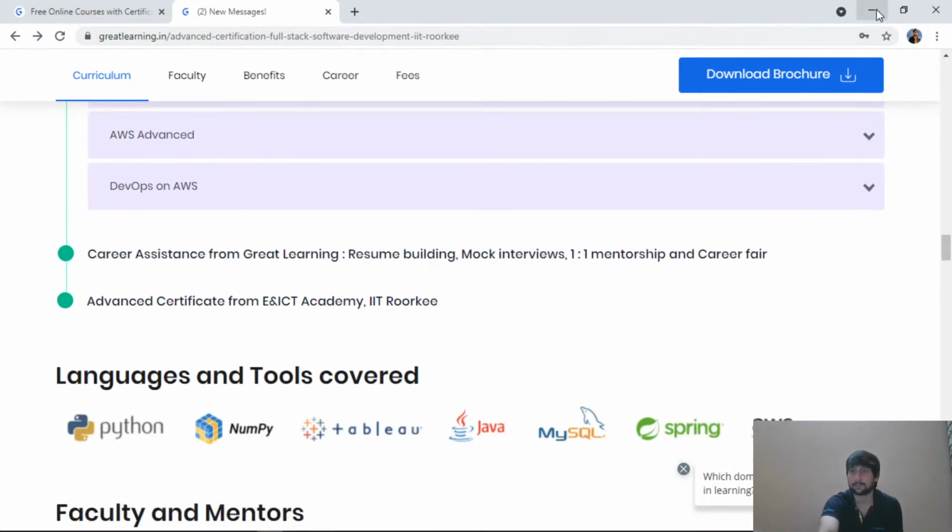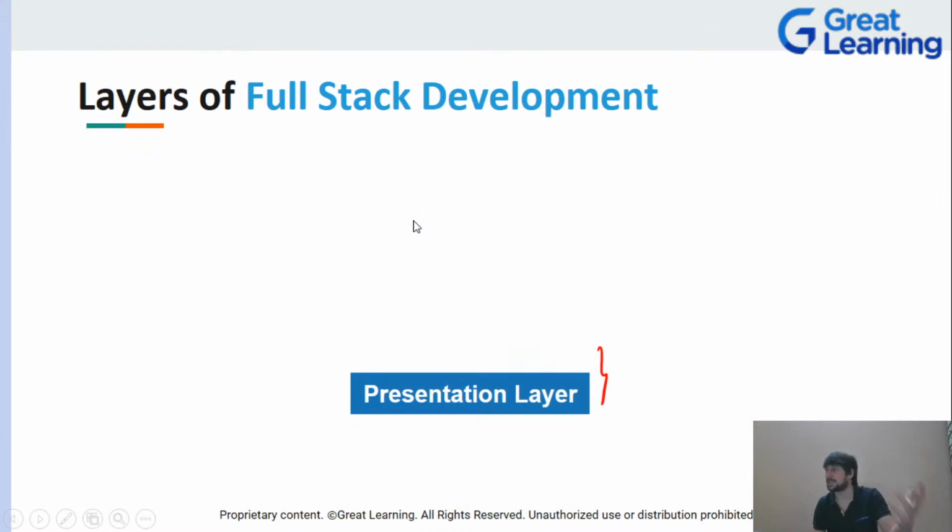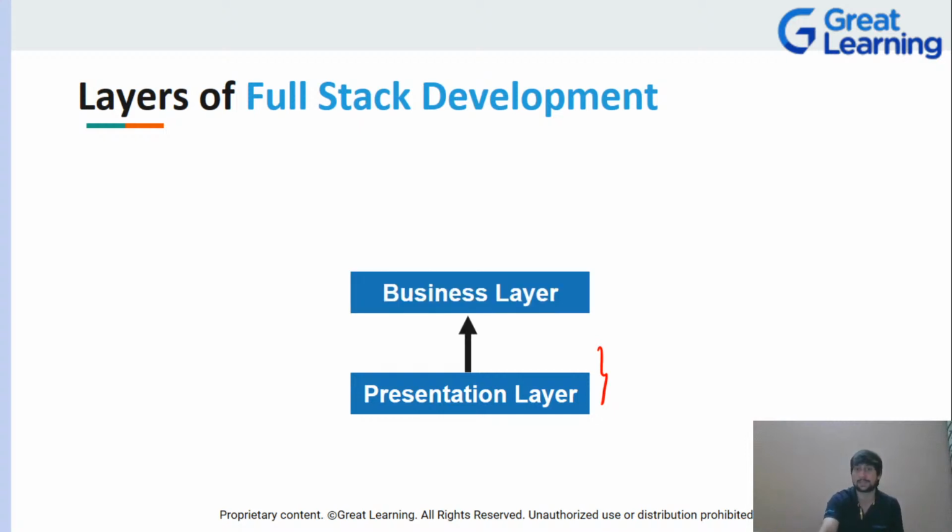Okay, cool. Now let's go back. So this is your presentation layer. Basically what I was showing you, that is your presentation layer. Now in the back end, when you talk about the business layer, where is the business layer? You cannot see that. That is something which is for the programmer who has written it, whenever I click on that submit button,